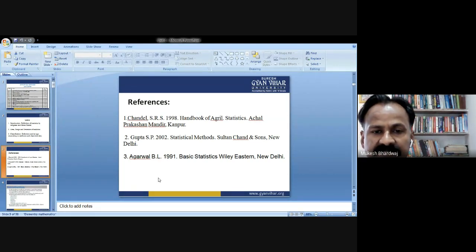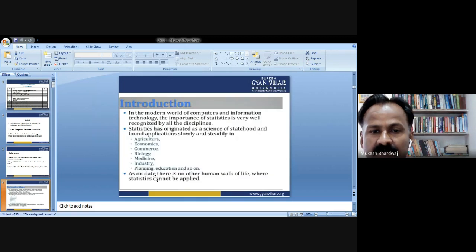You can refer these books for the questionnaires and the quiz. And if you are not able to get the topic thoroughly, you can take the help of these references. Now we are going to start this introduction. In the modern world of computers and information technology, the importance of stats is very well recognized by all